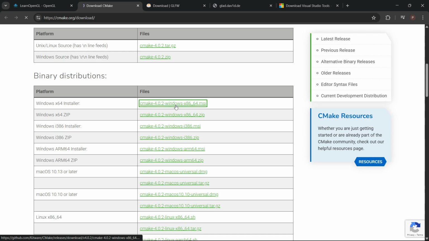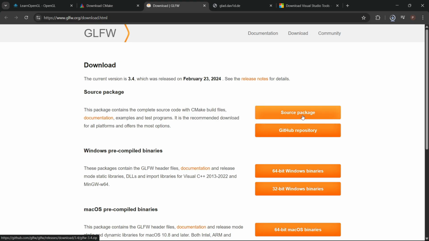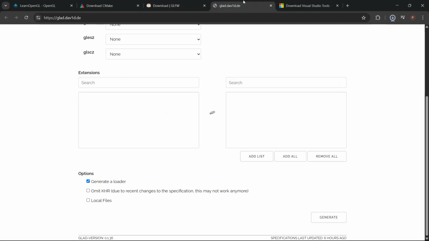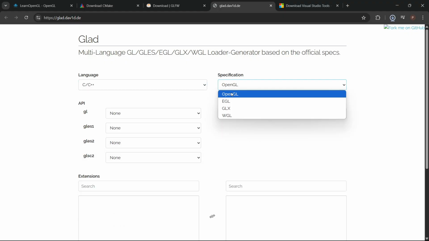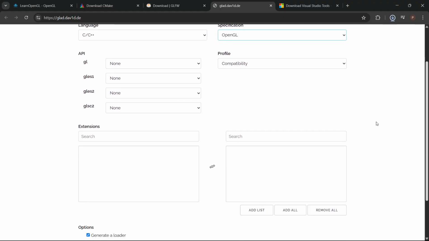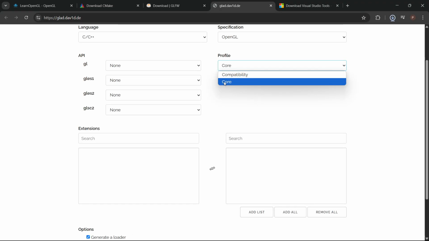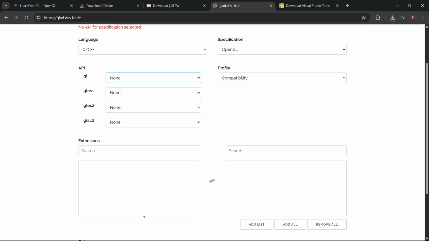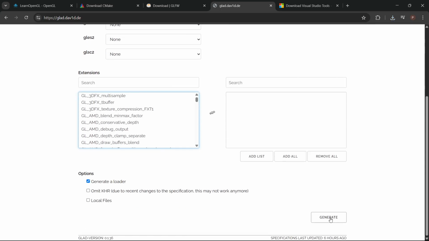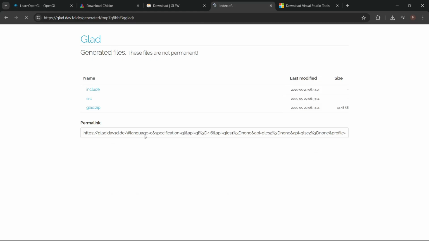64-bit CMake, and the source pack is GLFW, and glad. Core profile makes you get the core profile. We need 4.6 and generate glad.zip. This is what we need,